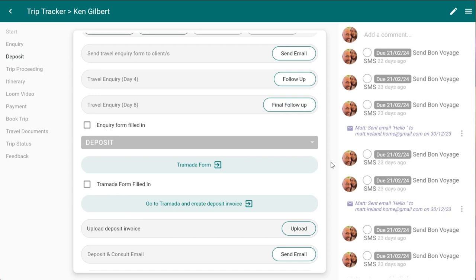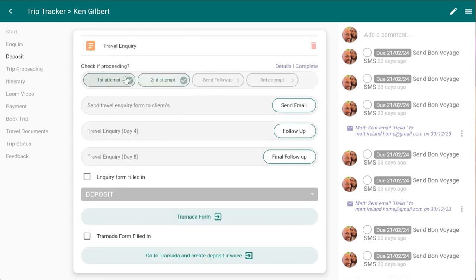In this video we're looking at setting up a sequence in Flowjo, and a sequence is to overcome this situation where you've got these multiple steps that are all related to each other. You can see this one here where we send an email, then we follow up again, and really we don't want to take up so much space on the screen, so we want them to go across the screen, more